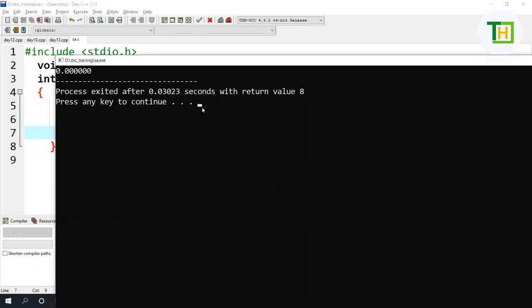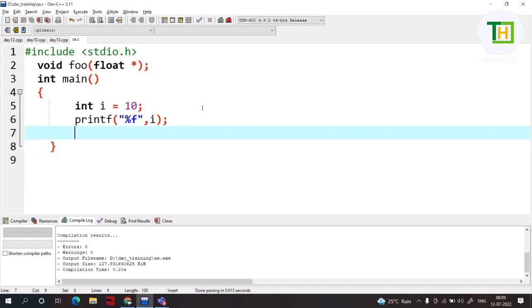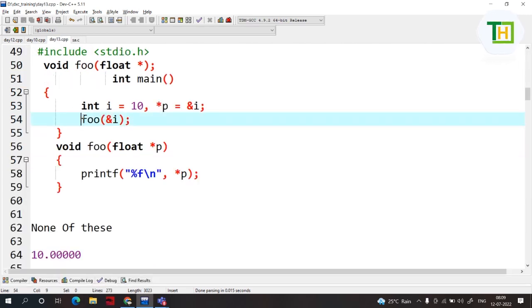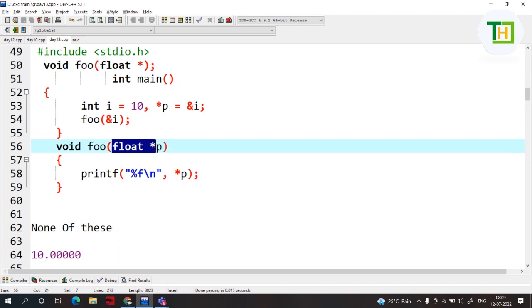That is an integer variable. If it is an integer variable, we cannot print it as a float value. The same thing happens here also. Here it is an integer, and we are assigning it into a float value. That is not possible at all. That's why it is going to print